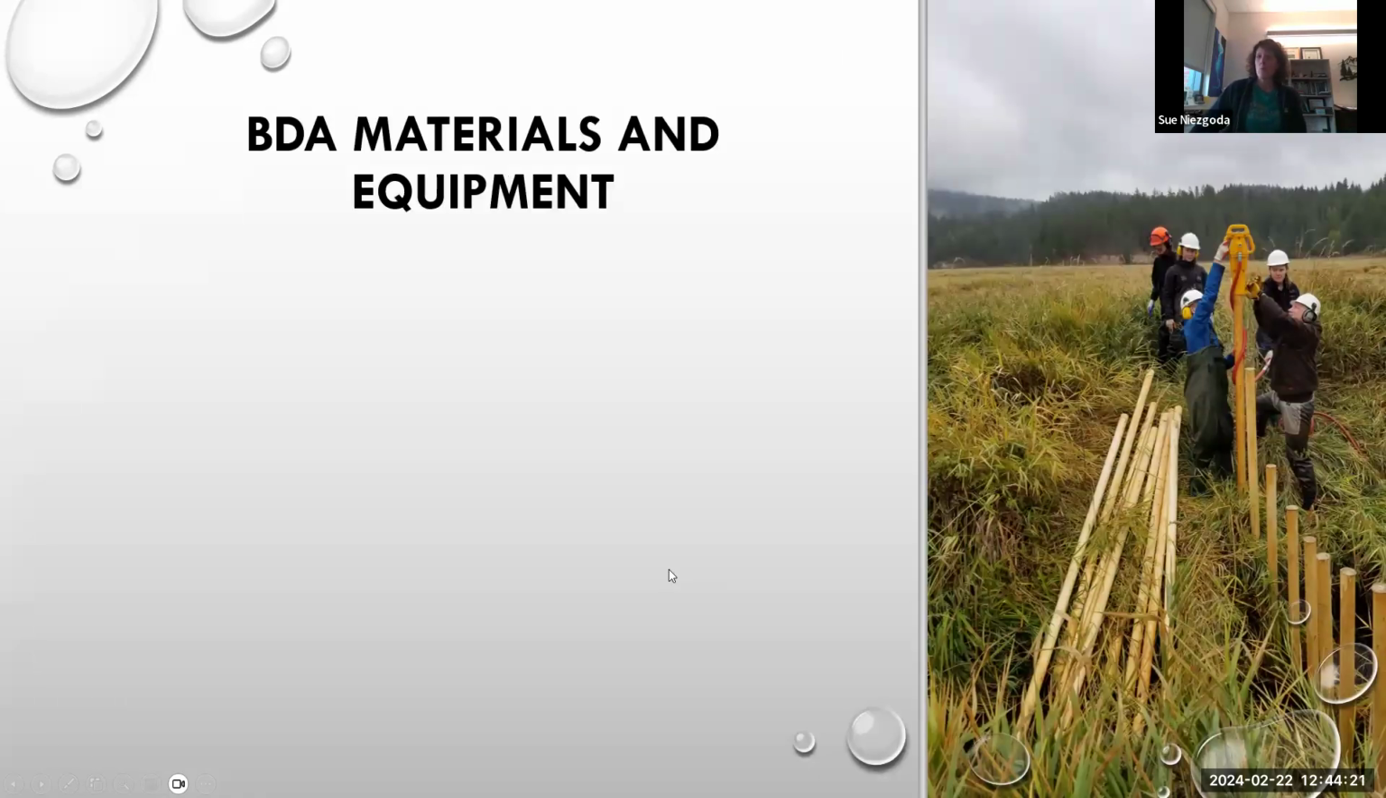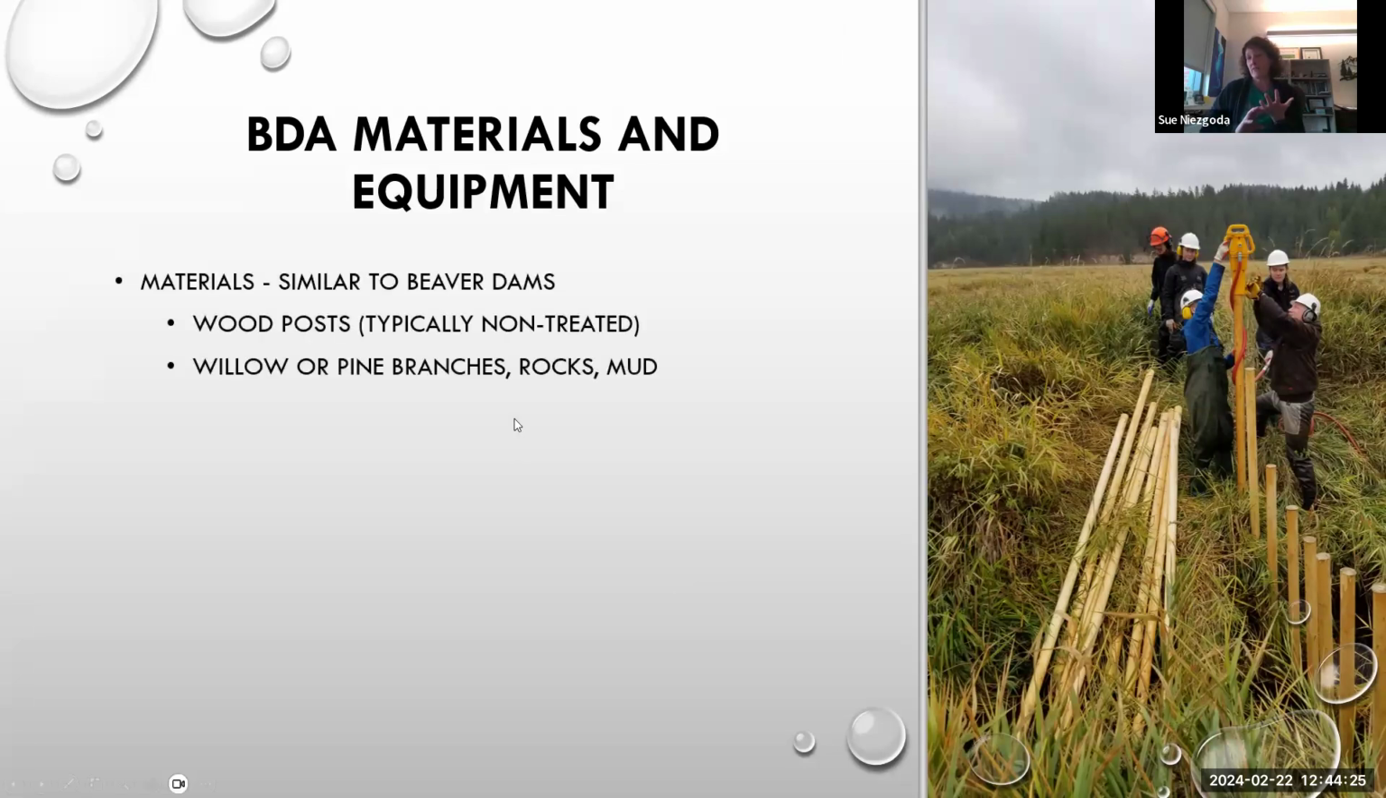So how do we build them and what do you need, right? BDA materials and equipment include all the stuff that usually goes in natural beaver dams. So essentially wood posts, typically non-treated because you are putting them in the water, and then willow, and we use pine posts and the like, that we tend to point the end of so that they go in easily when pounded. And then you need some kind of natural vegetative material such as willow or pine branches,